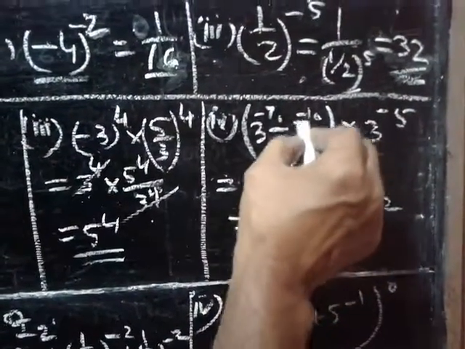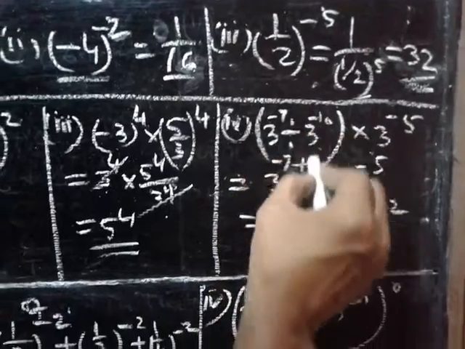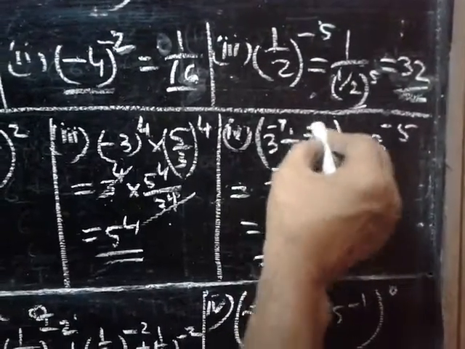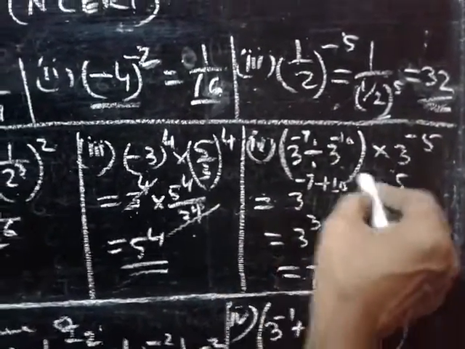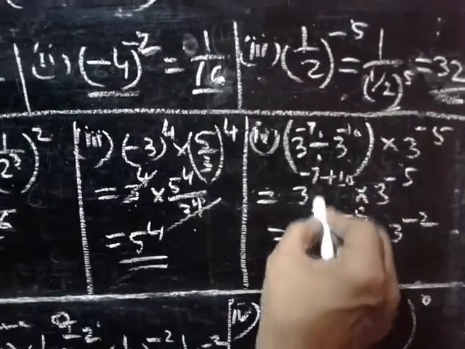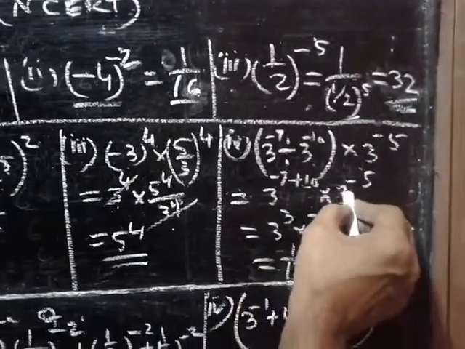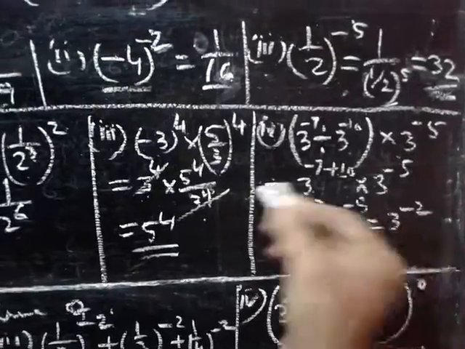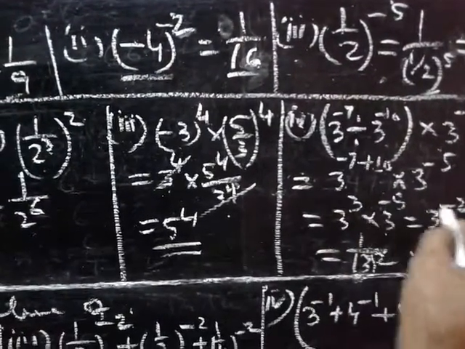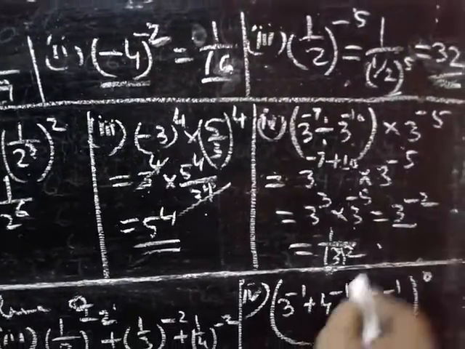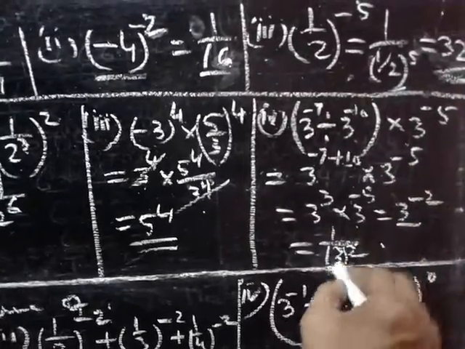So here this is divide, so it will be deducted, that is minus into minus, it will be plus. That is once again it has come plus 3, and this is also into, so their power will be added, then it will be 3 minus 5 equal to minus 2, 3 to the power minus 2. 3 to the power minus 2 equal to 1 by 3 square.